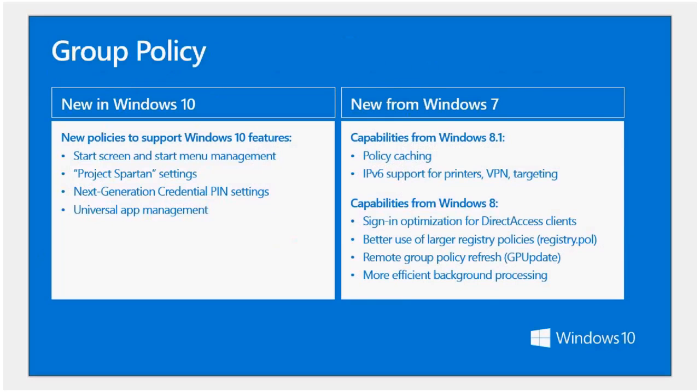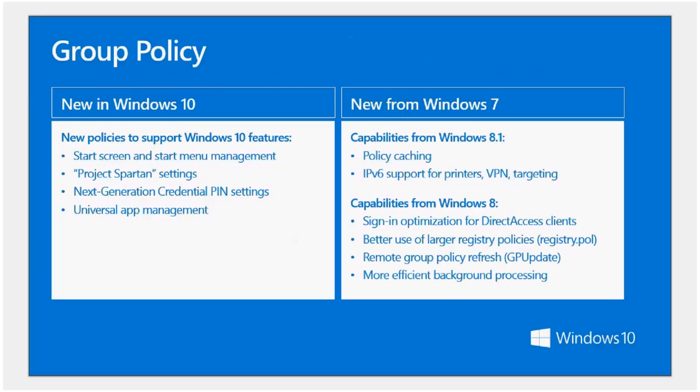So let's talk a little bit more about group policy, which has a few new features in Windows 10. We'll add support for configuring the start screen and start menu, for configuring Project Spartan with a basic set of configuration options, nothing nearly as complex as the 1600 Internet Explorer settings that we provided in the past. We'll add support for next generation credentials, universal application management, so really exposing the key Windows 10 functionality through group